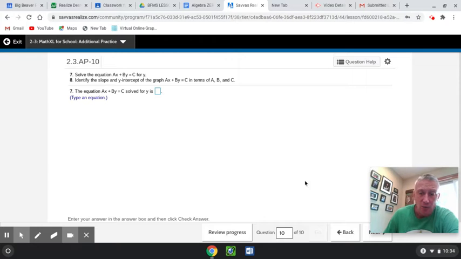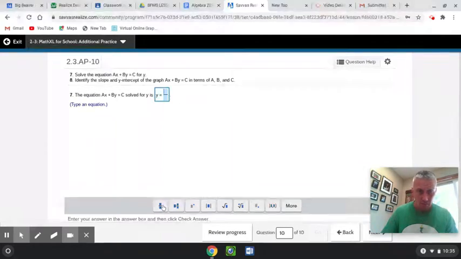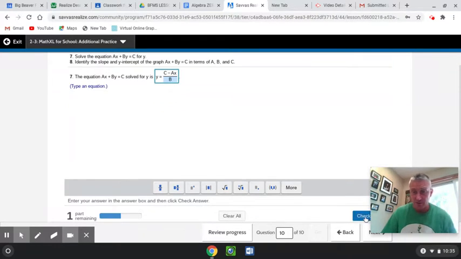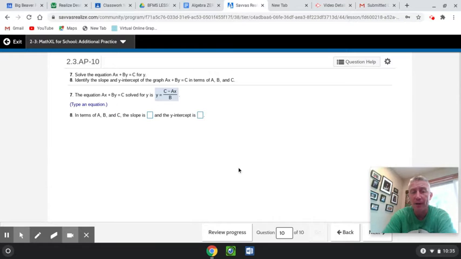Now, once I type that equation, c minus ax all over b, then it's going to ask you another goofy question. Okay, it's going to say in terms of a, b, and c, the slope is what and the y-intercept is what. So here's what you've got to do. You've got to turn this into slope-intercept form. So go back to ax plus by equals c. If I turn this into slope-intercept form, I have to first subtract ax from both sides,